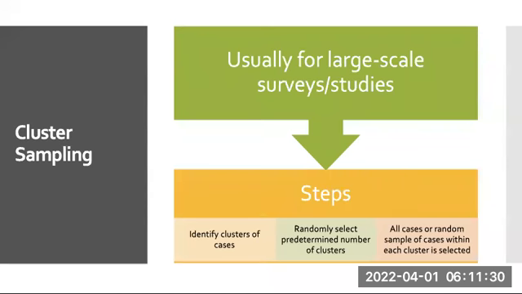Cluster sampling is usually used for large-scale surveys, and it involves a multi-stage process. Again, it is more likely to be used in large-scale surveys or studies that can involve cases that are geographically distant from each other. So first we identify clusters of cases, and next we randomly select a predetermined number of clusters,